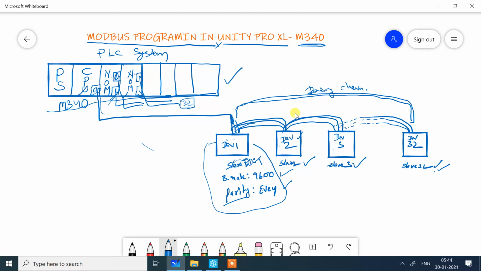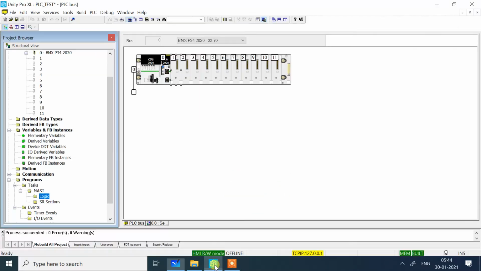Similarly, we need to configure the CPU. So let's see in the Unity platform how to configure the master and how to write a program in Unity Pro. Okay, we see the Unity Pro blank platform. Here this is the power supply, this is the CPU.